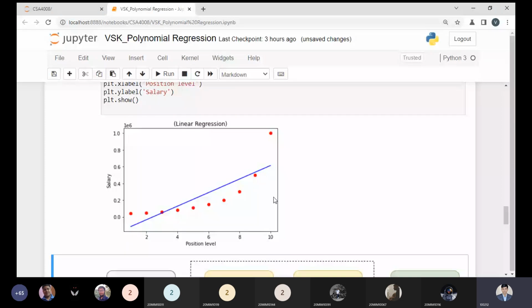So what are the predicted points? They would be on the line. That is the point we have to understand in polynomial regression. This is the reason we are not using linear regression. There is a drawback in linear regression, and that drawback we will try to overcome inside our polynomial regression.